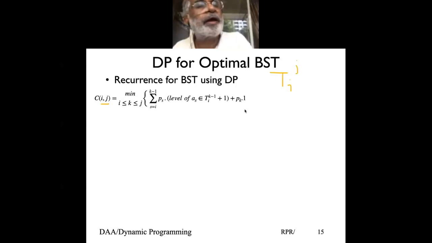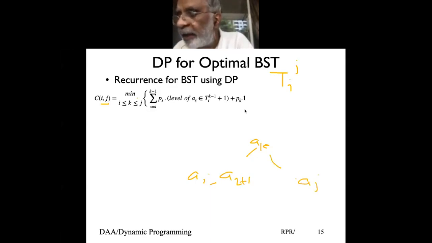That means nodes from AI to AJ, where AI is less than AI plus 1, and so forth. We assume that AK is the root of the tree. Now AK could be anyone: AK could be AI, AK could be AI plus 1, or AK could be AJ. So we need to find that K which gives the minimum,